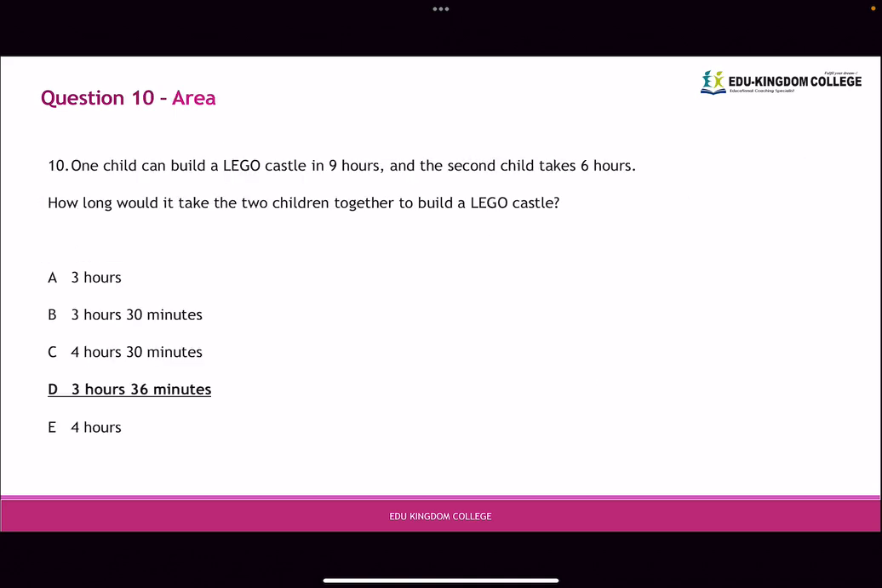Now, one child can build a Lego castle in 9 hours. The second child takes 6 hours. How long would it take the two children together to build a Lego castle? So let's see how much both of them can make in 1 hour. In 1 hour, child 1 makes 1/9 of a castle. For child 2, 1 hour equals 1/6 of a castle. So in 1 hour, together,